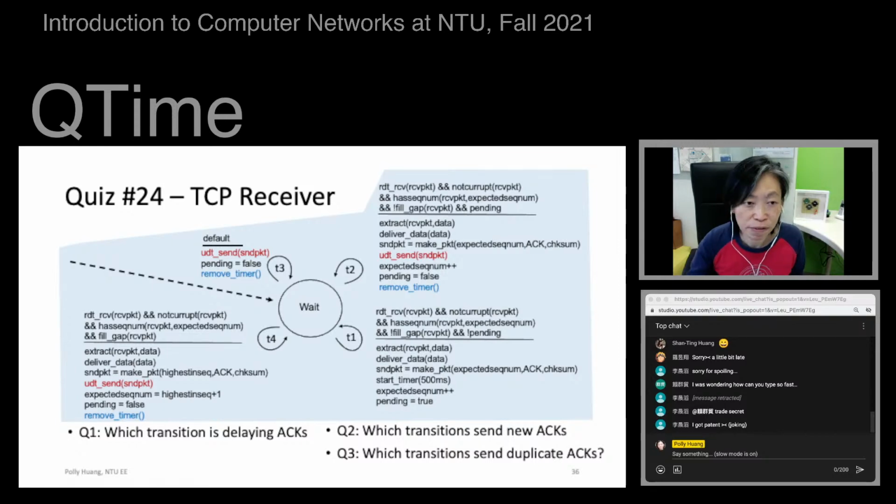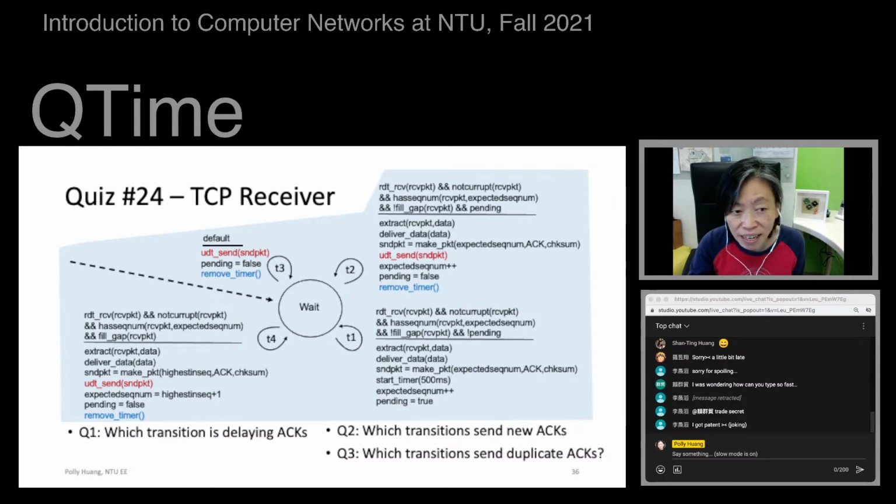Let's focus on the transition on the lower right. That's called T1. Can you recognize what this transition is handling? First of all, let's look at the condition that's triggering T1. RDT receive, so we are receiving a packet, and it's not corrupted, and it does have the expected sequence number. So in order, everything is good, but it's checking one more thing. Does it fill the gap?